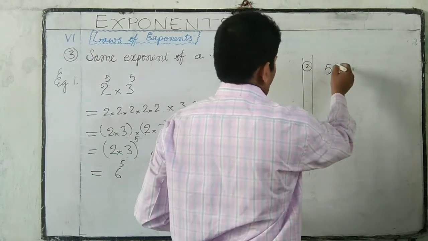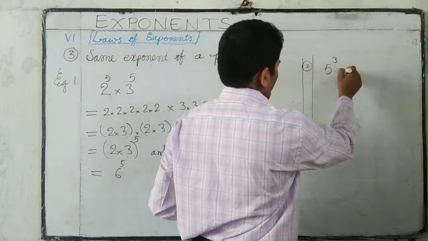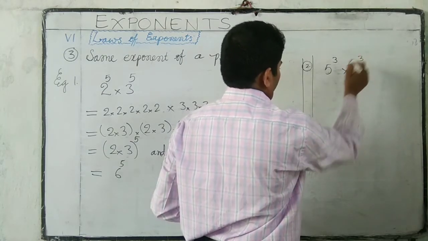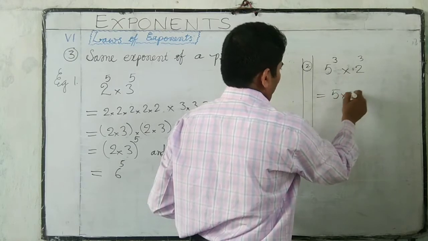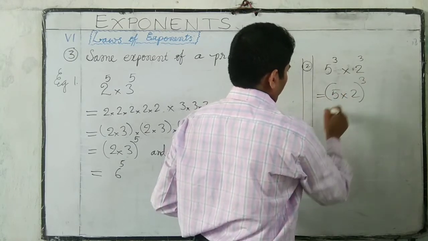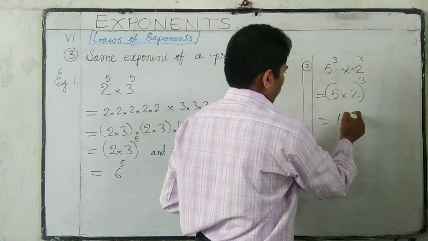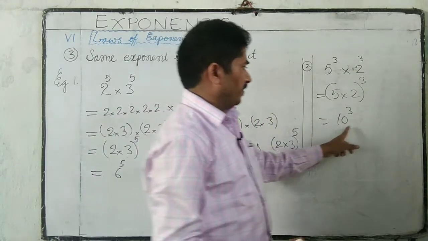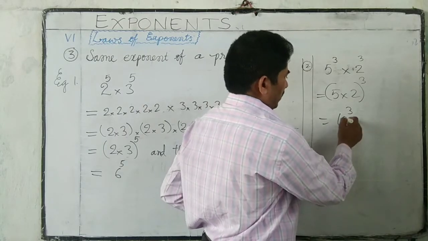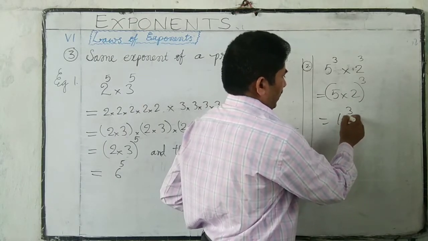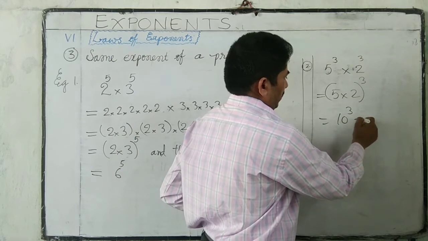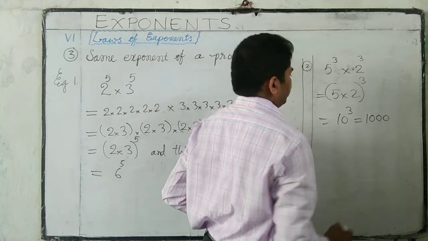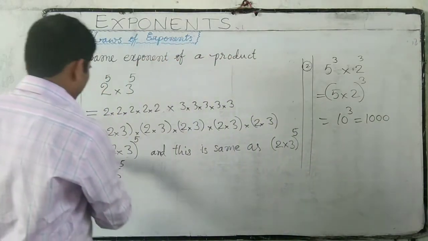5 to the power of 3 into 2 to the power of 3 is equal to 5 into 2 whole to the power of 3. 5 2s are 10 to the power of 3. We can write the final answer also: 10,000. But observing up to here,